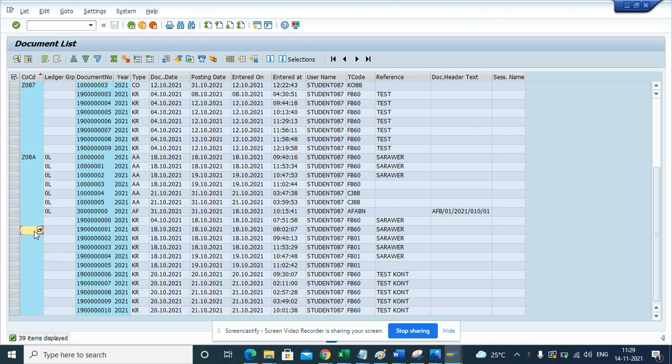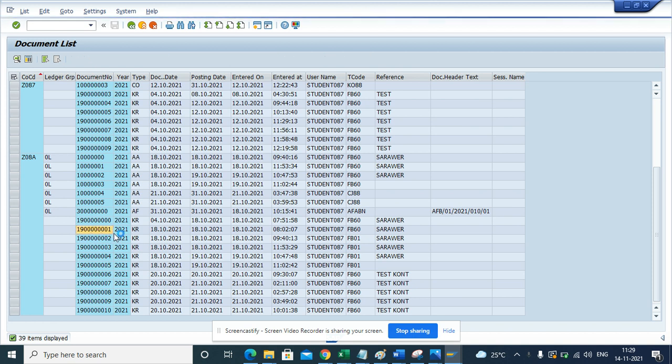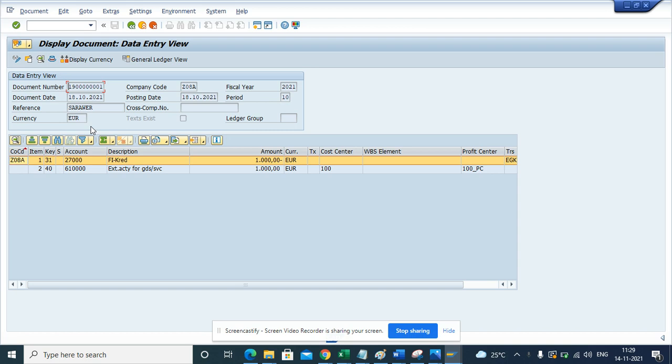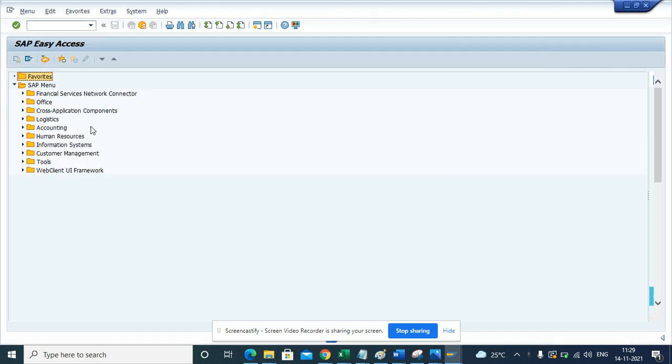Okay, so I am in FB03 and I have found this document. So suppose it is 19, a bunch of zeros, 1. Okay, so now I go to this transaction